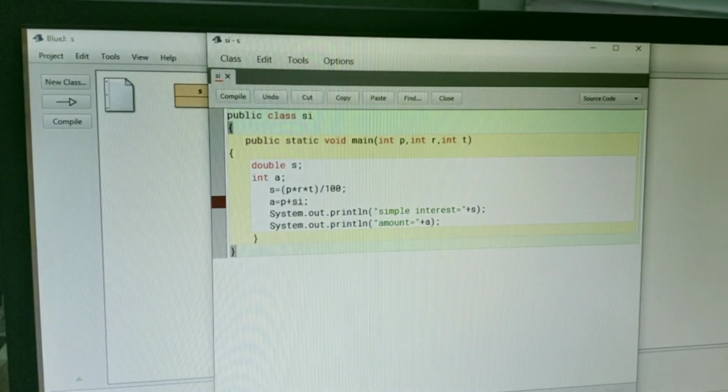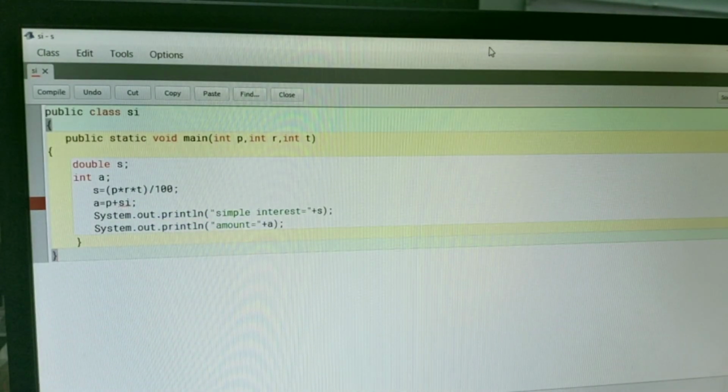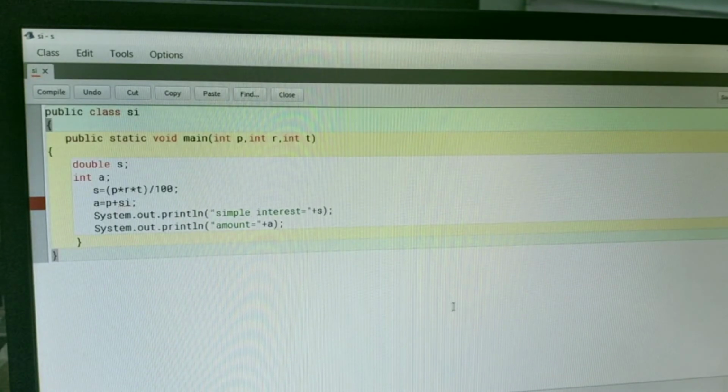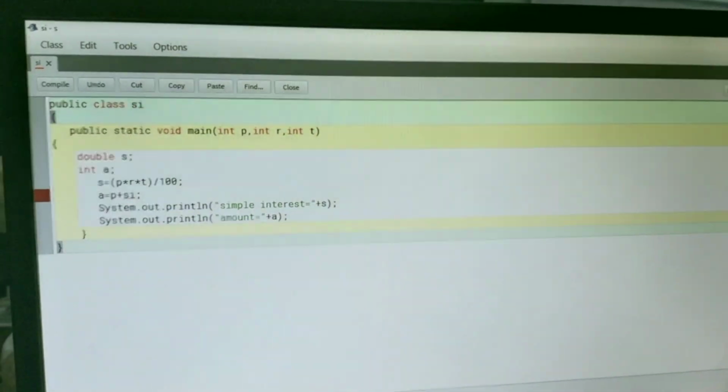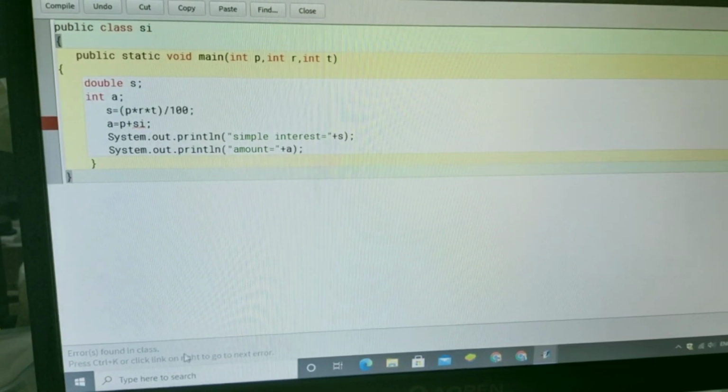Yes, look here, I'm showing you. This screen will show the error. Look, what is written here? There is an error found in a class.